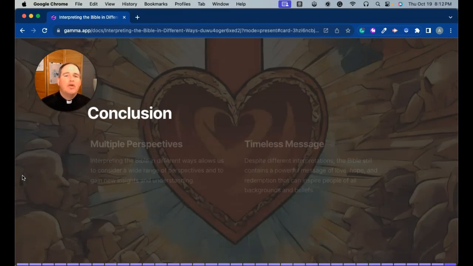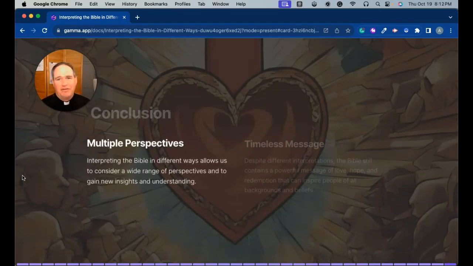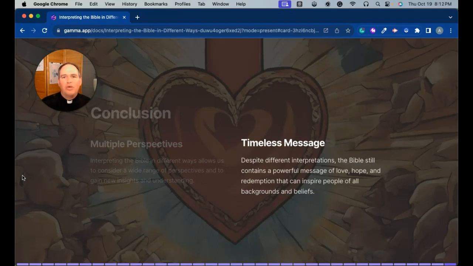So in conclusion, we can see that the Bible is made of multiple perspectives. We can look at its perspectives in criticism, which is about how the book is put together and why it was written and who wrote it and why they wrote it in the way they did. And then we can also look at interpretation. What can we learn and what meaning can we give to the stories inside of the Bible? And I hope in all this you see that the reason we're reading this book that's thousands of years old is because these messages have proven themselves to be timeless, just because they've lasted so long.